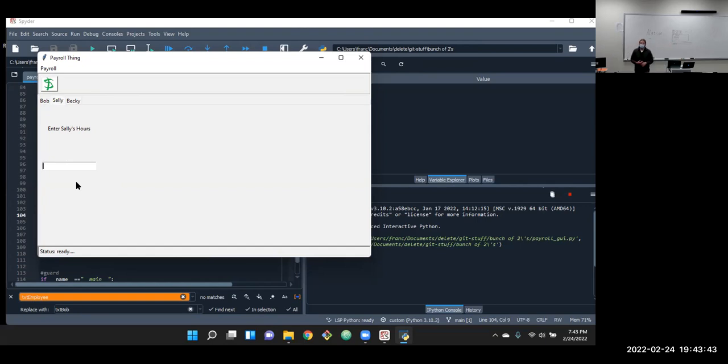Or type in how many hours she has and click the button or the menu, or eventually a right click. Or maybe Control G as a keyboard shortcut, but we'll see a couple more things on Tuesday.